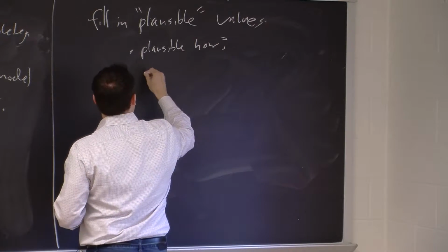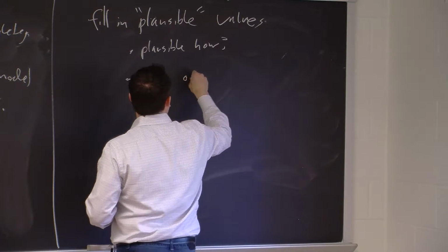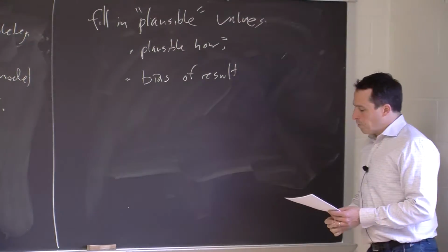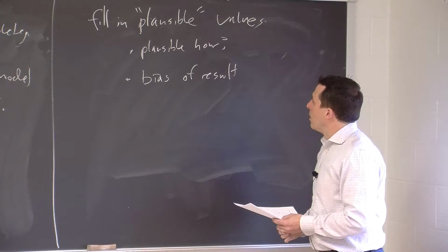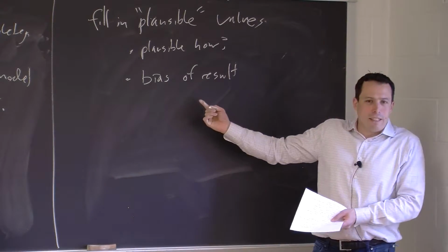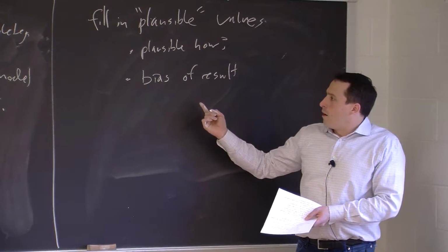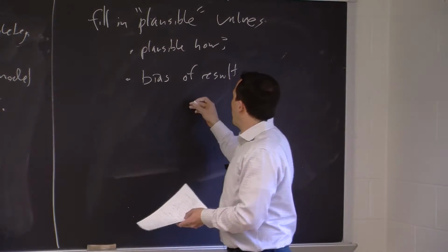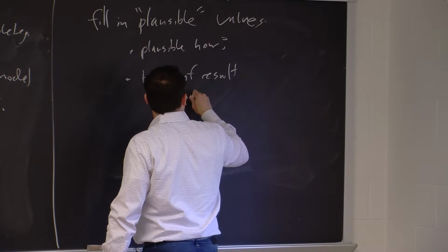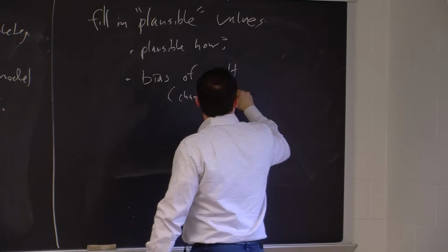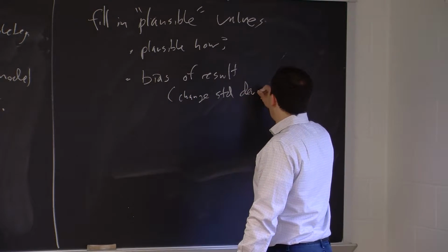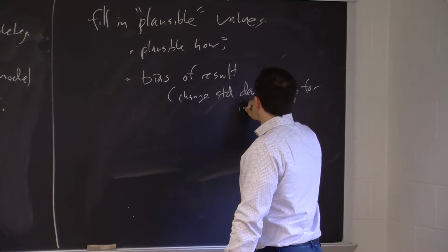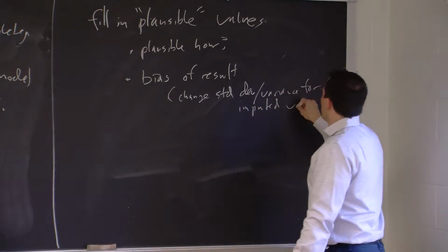And we want to understand what the bias of the result is. What bias have we introduced? For example, we have a lot of uncertainty about the missing value. If we plug in a single value for it, we act as though we know it. And so at a minimum, this is most likely going to change our standard deviation or our measures of variance for the imputed variable. So in the extreme,